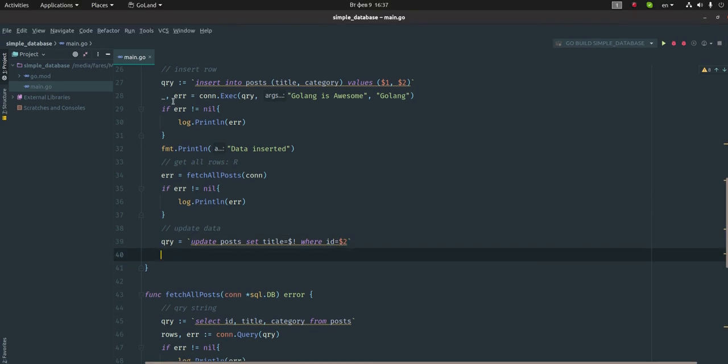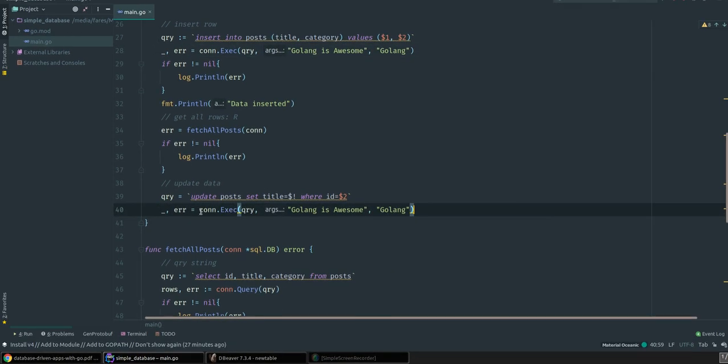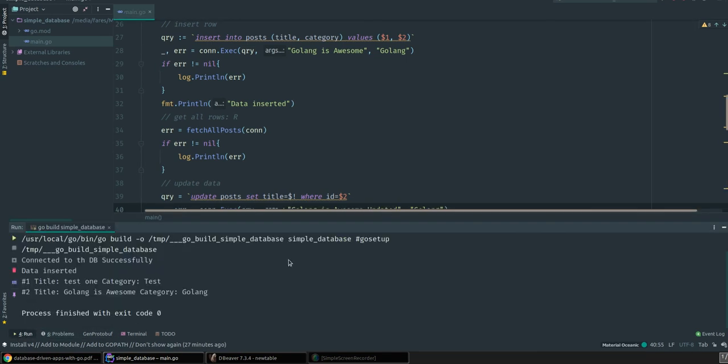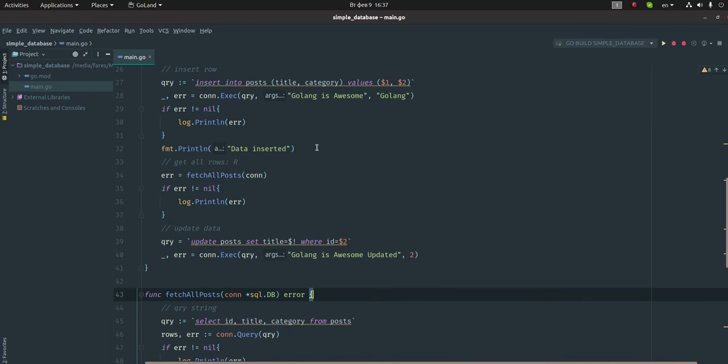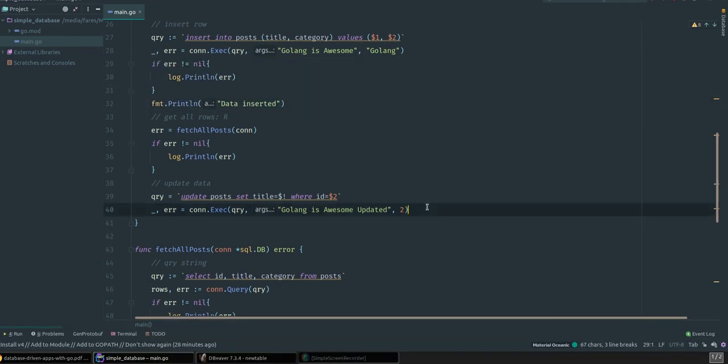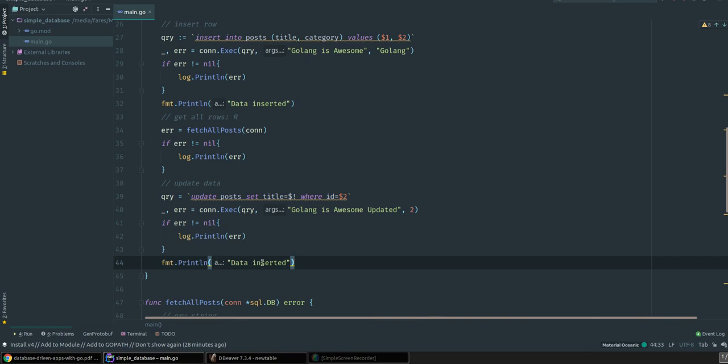The same thing here, guys. Let's copy this. We will use Exec. Update posts, set title. Let's make this updated, and I believe the ID is 2, so let's make this 2, and let's handle the error also,